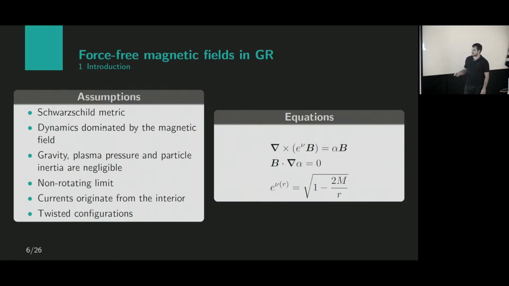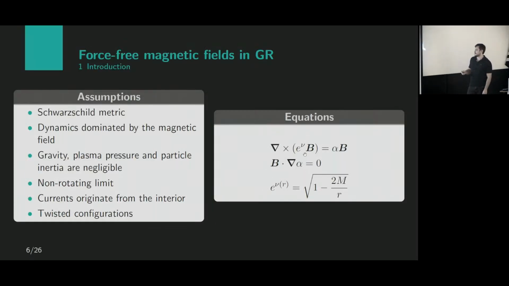So all these assumptions give rise to some twisted configurations. You have the magnetosphere of the star, and the field is not purely dipolar, but instead it has twisted magnetospheric configurations and magnetic loops and other characteristics like that. The equations that all these assumptions give rise to are these, these four essentially, because it's a vector equation.